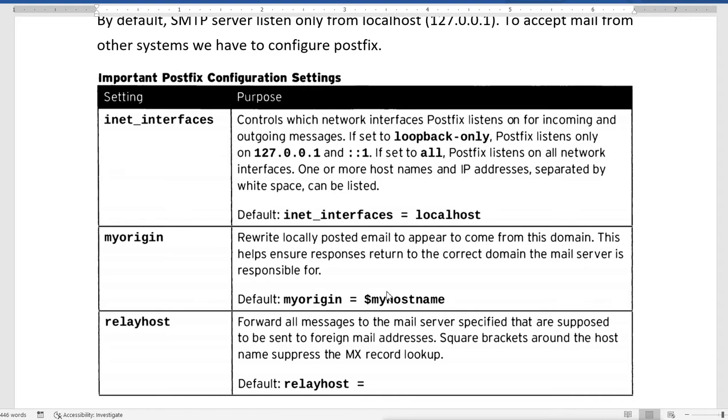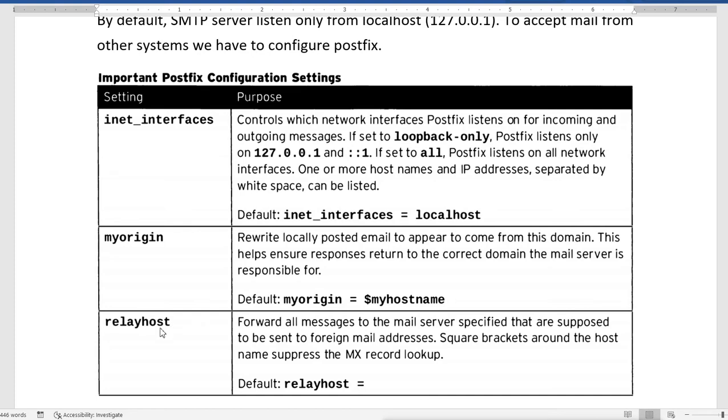The domain name which we give here, when the mail comes, it will come from this domain, it will add the domain name by itself. So when you type a username, it will add the domain name like this, user1 at the domain name, so that we can easily identify where the mail is coming from.